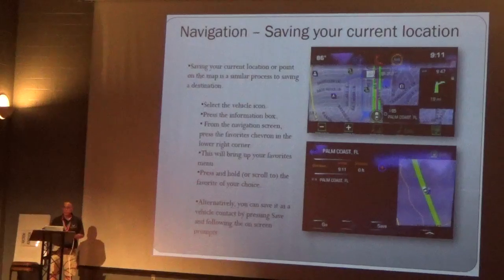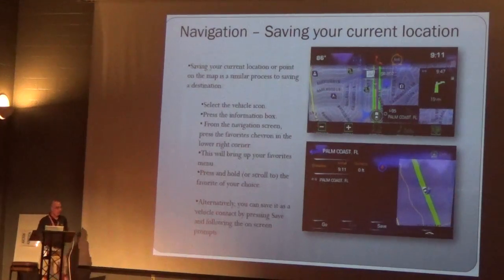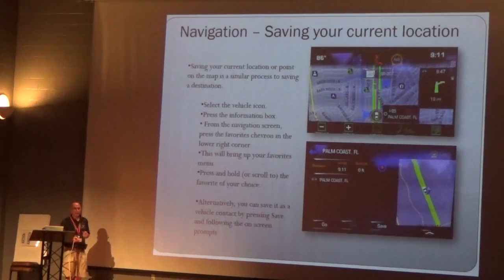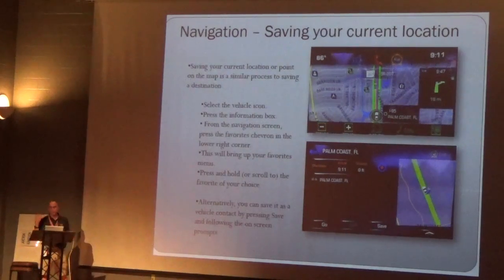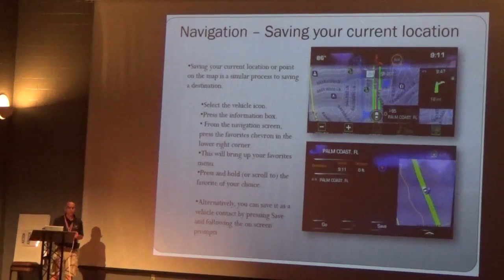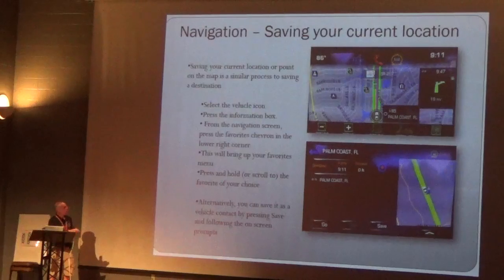All right, saving your current location. Does everybody know that you can save your current location without searching for it or trying to find it, entering it alphabetically? If you simply press on the vehicle icon that displays on the map screen, it's going to bring